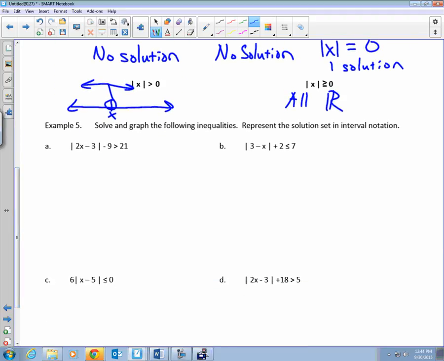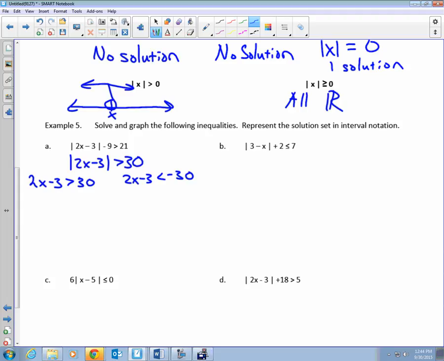So in order to try to understand, the first thing you need to do is get just an absolute value. So I'm going to add 9, so the absolute value of 2x minus 3 is greater than 30. Now that we have that, we need to identify the right-hand side, the 30. Is it 0 or a negative number? No. So we could just do it like you would normally do and realize it's greater than, so will it be a conjunction or a disjunction? It will be a disjunction. We set it up by saying 2x minus 3 is greater than 30, and then the second one will be 2x minus 3 is less than